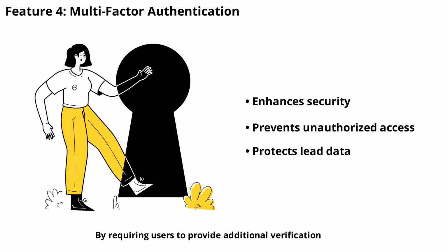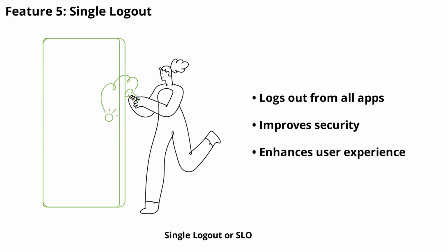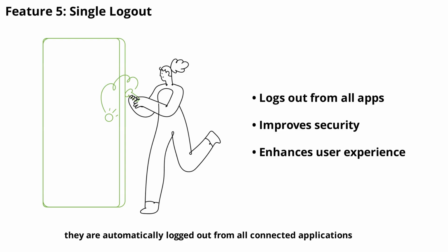By requiring users to provide additional verification, such as a code sent to their phone, MFA helps prevent unauthorized access to lead data. This is especially important for protecting sensitive information and maintaining trust with your leads. Implementing MFA can significantly reduce the risk of data breaches and ensure that only authorized users can access your lead tracking system. Single logout, or SLO, ensures that when a user logs out from one application, they are automatically logged